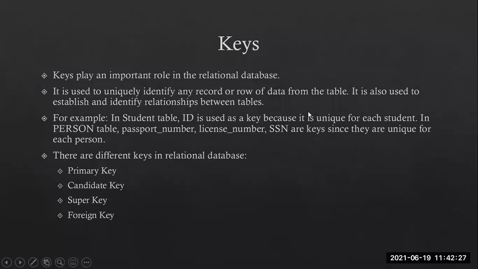Of course, because a row of data means what? In the table, the columns are the heading part, and the rows are where the values start, step by step. It is also used to establish and identify relationships between tables. Two tables are there. I can give you a normal example. When you took admission for the first time, we had a separate register book of your personal details, and we had your university seat numbers there. So that is a personal table.